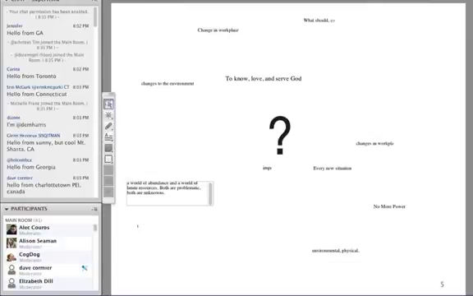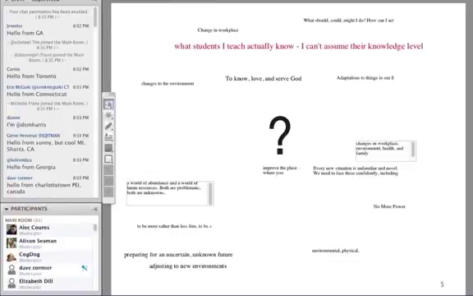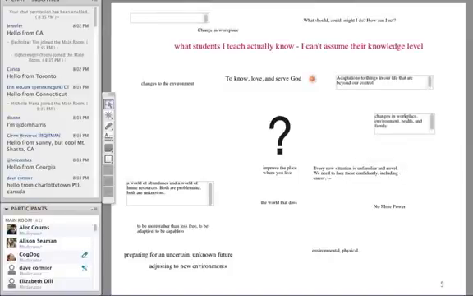You have some other things around you, whether they be, like the person said two slides ago, skills or ideas, approaches, or experiences that people share. To know, love, and serve God. That's interesting. Yeah, thousands of years of that too, isn't there? Changes in the environment, adaptations, everything that's new and unfamiliar and novel, the environment, the world